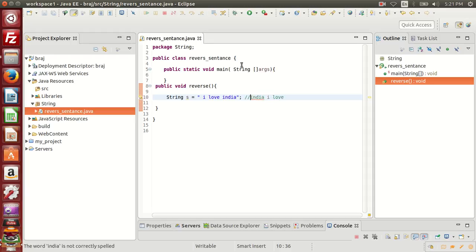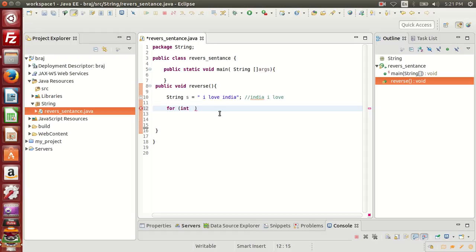So first, here I have 3 strings. For a string we need to use a loop, because each and every character we have to go through. How can we go? We can go by loop only. So we need to use one for loop.